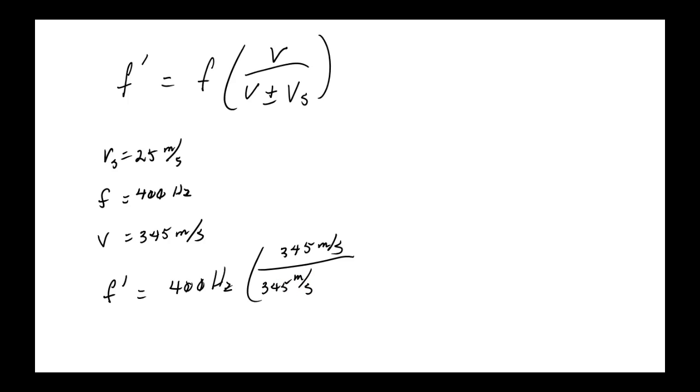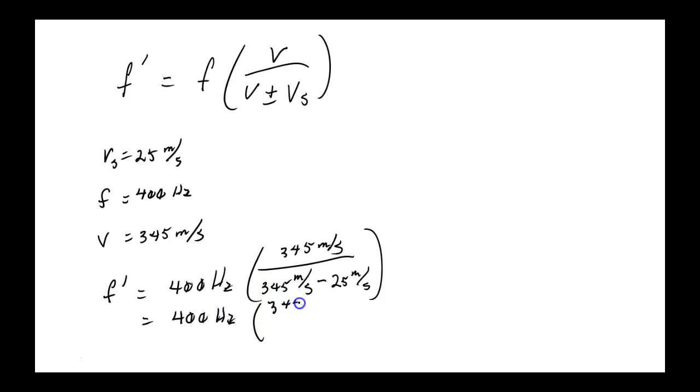Now the big question. Which symbol do we use? Which operation do we use? It's decreasing, minus. So we use the minus, what? 25 meters per second. Notice your units are your friends there. Everything's balancing out. They're going to cancel out, so you're going to have frequency on the other side. Yes, I love it, don't you? Okay. Of course you do. 400 hertz